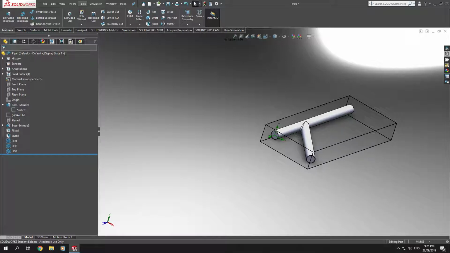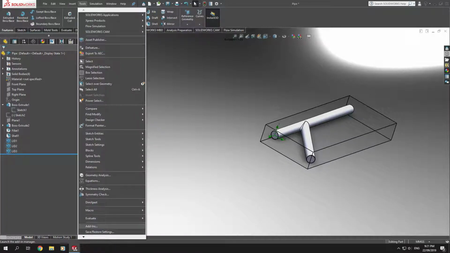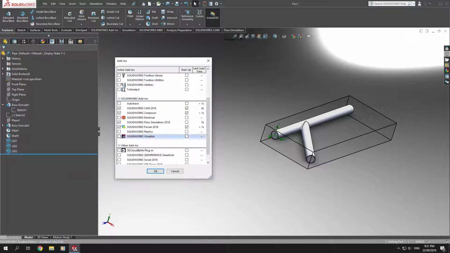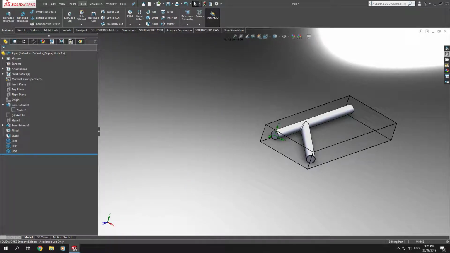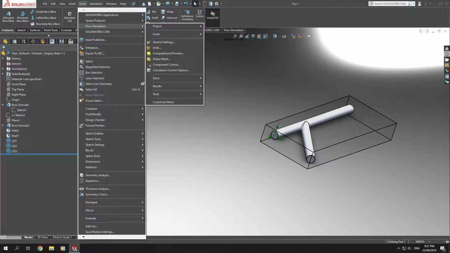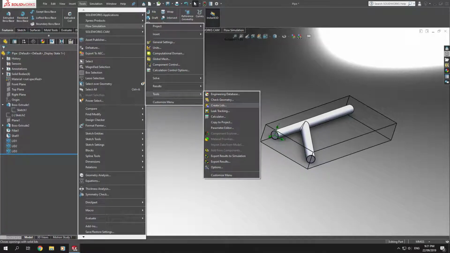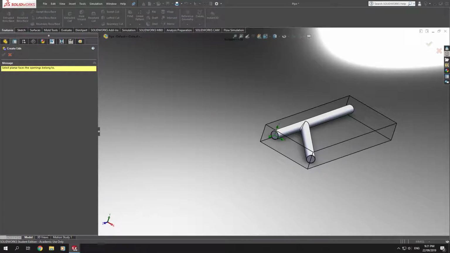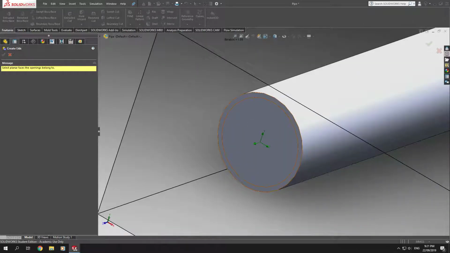Okay, first of all, go to Tools, go to Add-ins, and click your Flow Sim. Then click OK. Mine's already enabled, so that's why I cancelled. And then next step, make your lids. So go to Flow Simulation, go to Tools, create lids, select the face, so you want to click that face